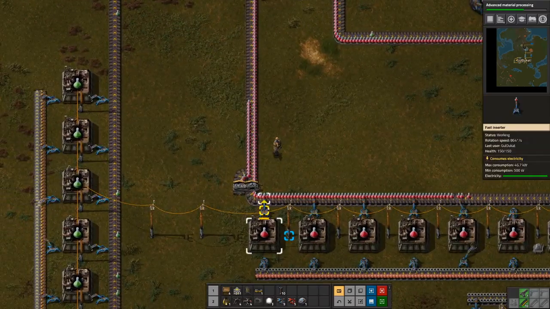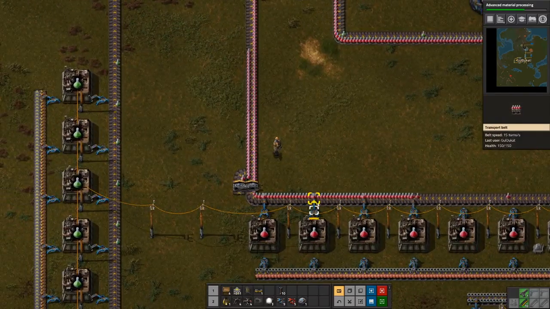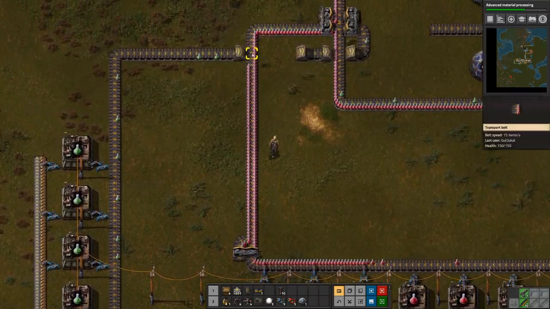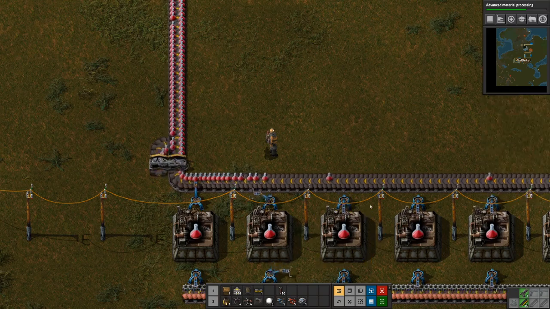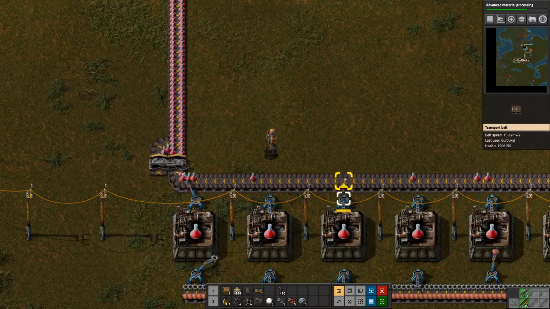So if you need to balance things on a belt, there are a lot of different ways to do it. The simplest way, if you need to stack something too deep, because inserters are always going to reach to the furthest away spot on the